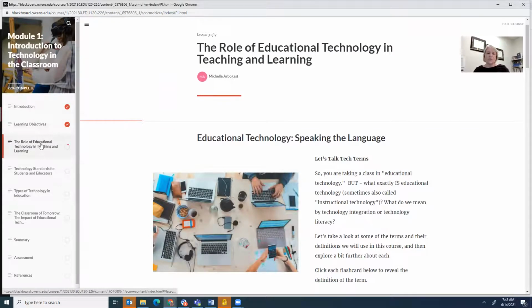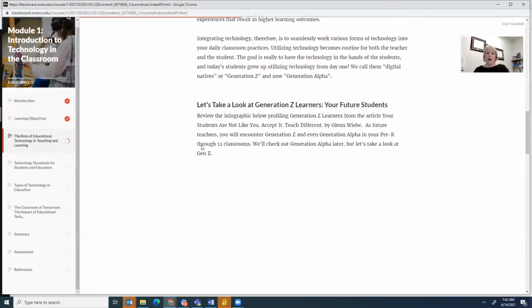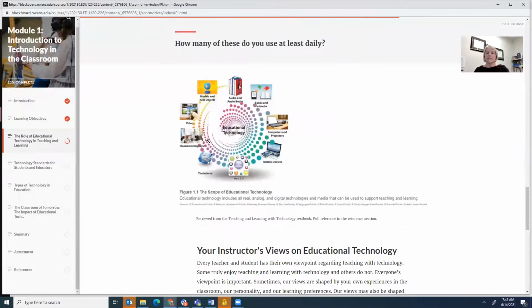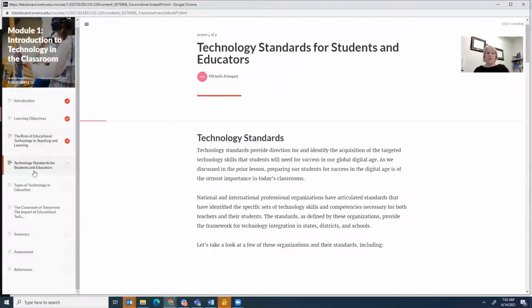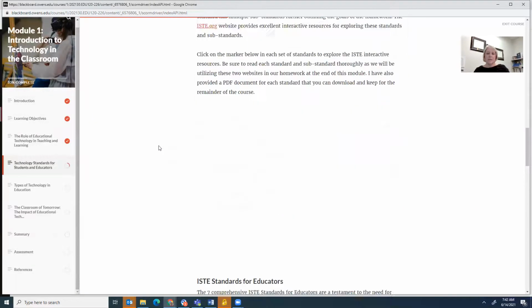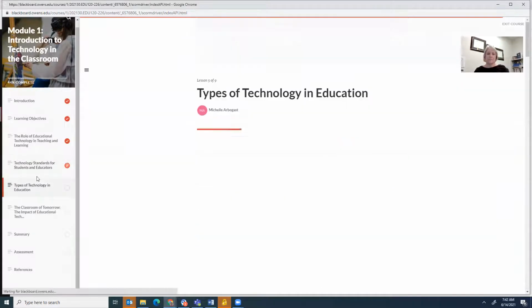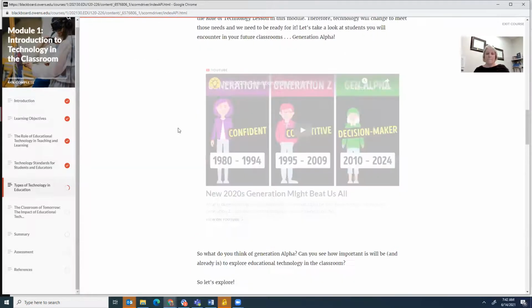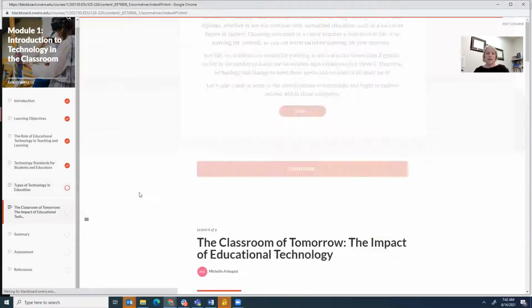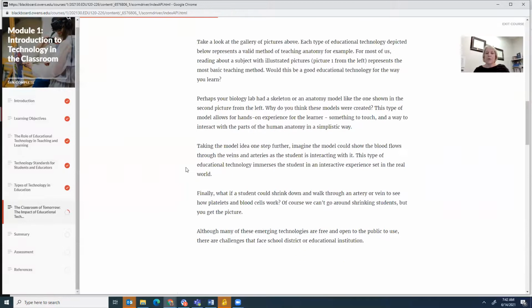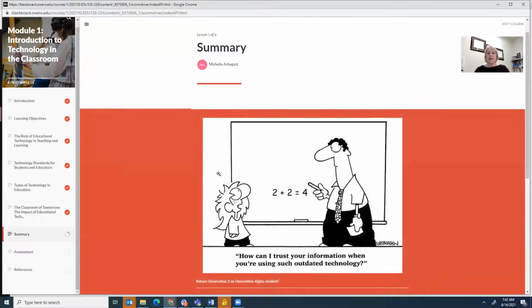So you'll want to make sure that you go through each of the modules to make sure that you are reading all the material, clicking all the links. It's very interactive, playing all the videos. And then when you get down to the last piece, I'm just going to scroll through here. One more. And I do want you to finish all of the modules. You can skip around if you so choose, but I really want you to do them in order. They're created to be done in order. So once you get to the summary,